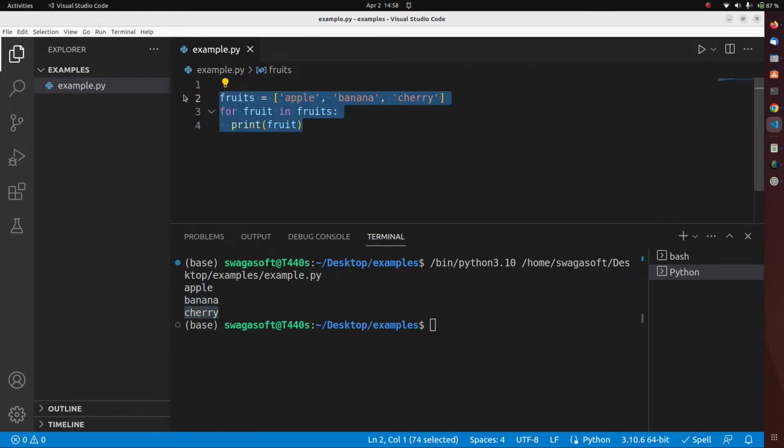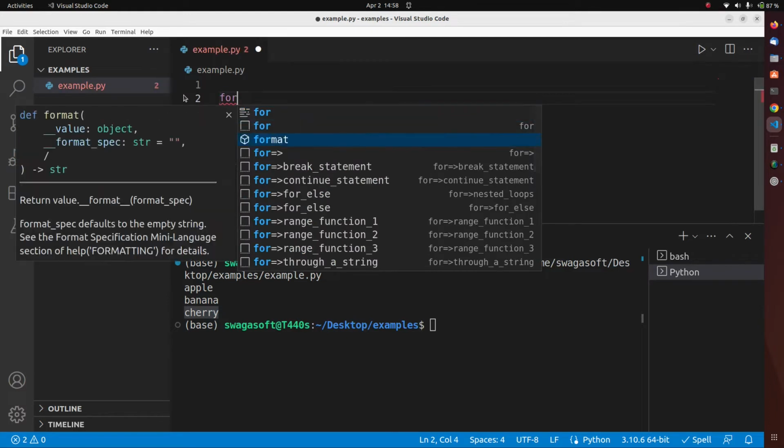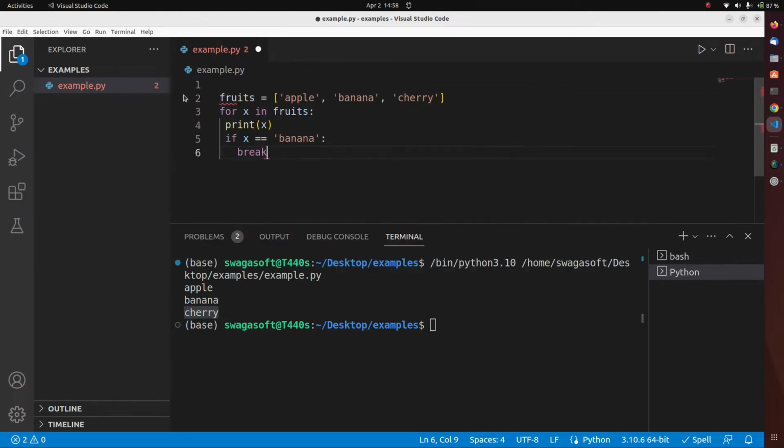So let's look at another example. This time we're going to look at a for loop with a break statement. Okay, so we can see we have the same list of fruits, and for this fruit, let me also rename this again. Okay, let me rename this. So for the list of fruit, we want to print out the fruit, but you can see on line